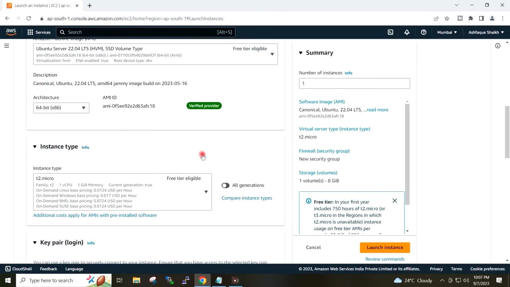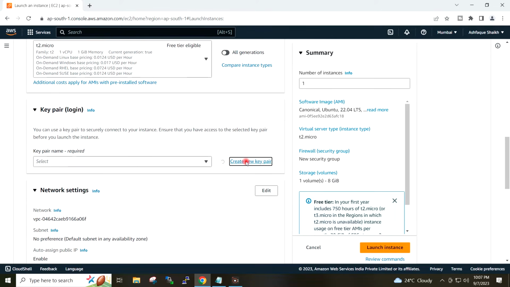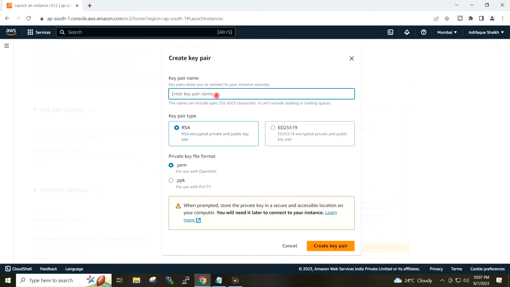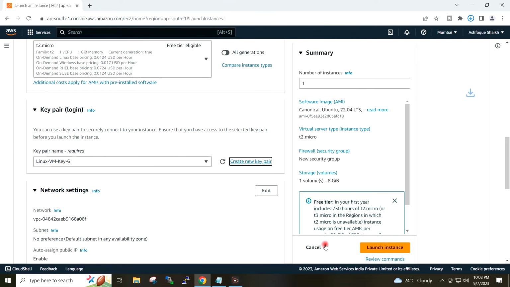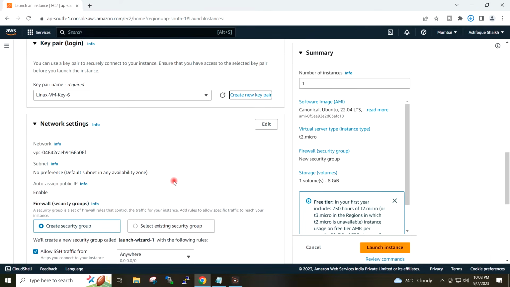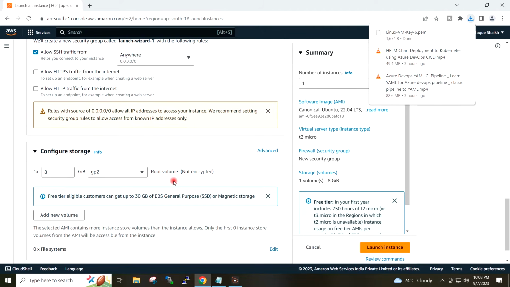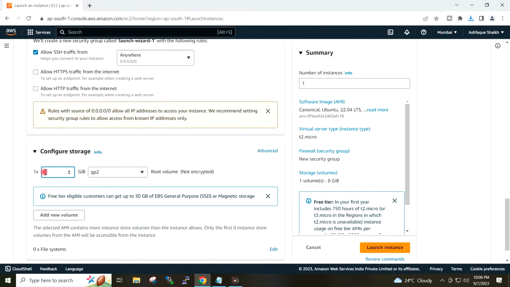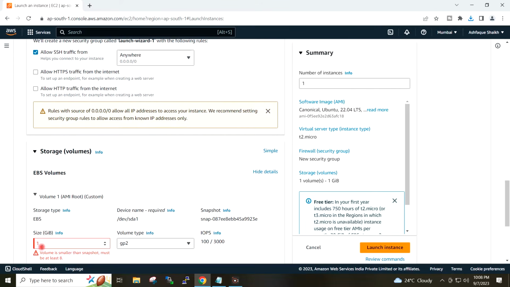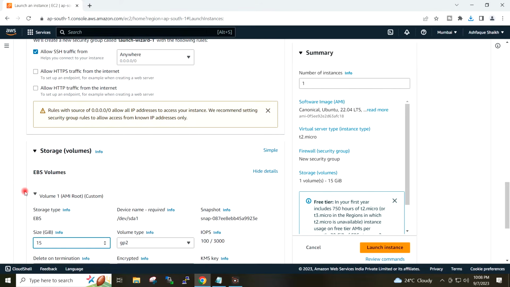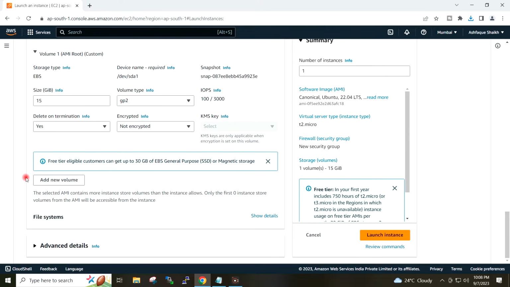Instance type T2 micro. Key pair, I will create a new key pair. And hard disk I will select 15 GB. Launch instance.